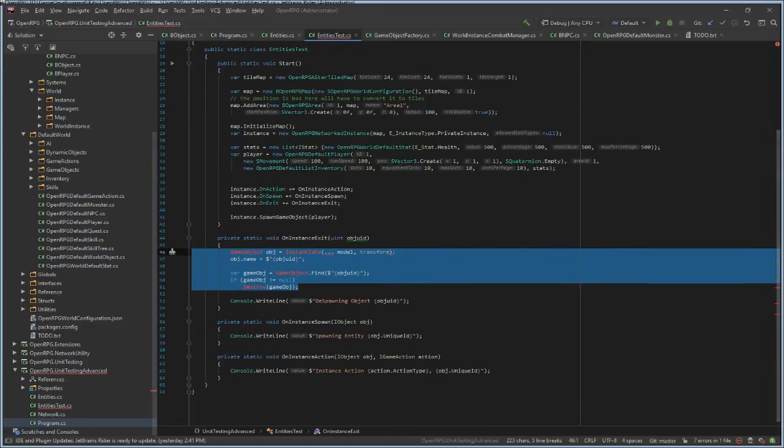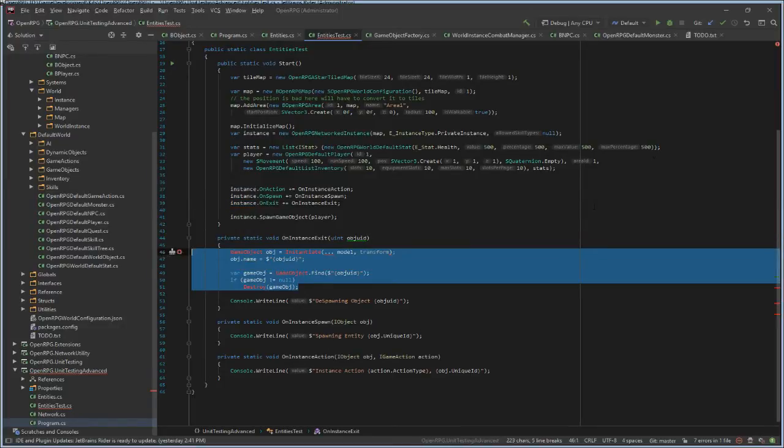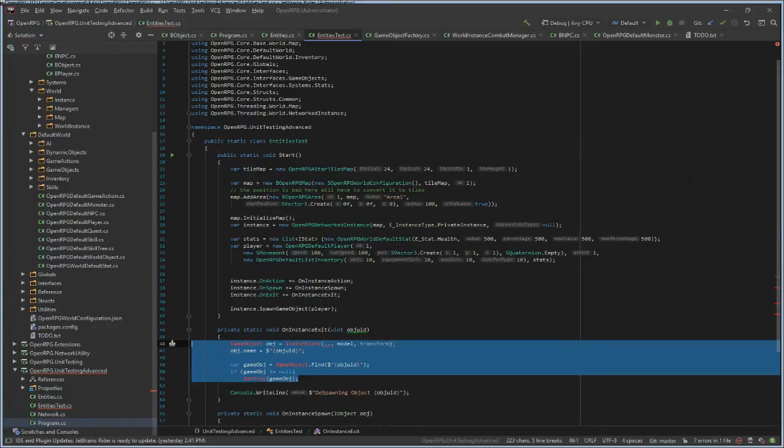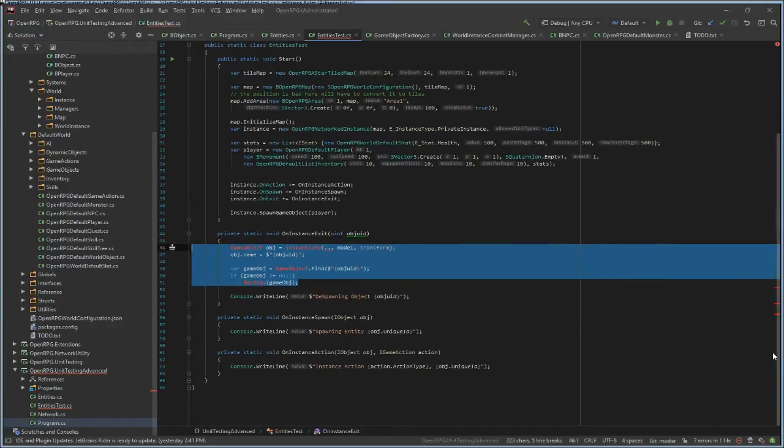Also, the instance manager is responsible for resetting the events and not listening on any events for this object we're despawning.